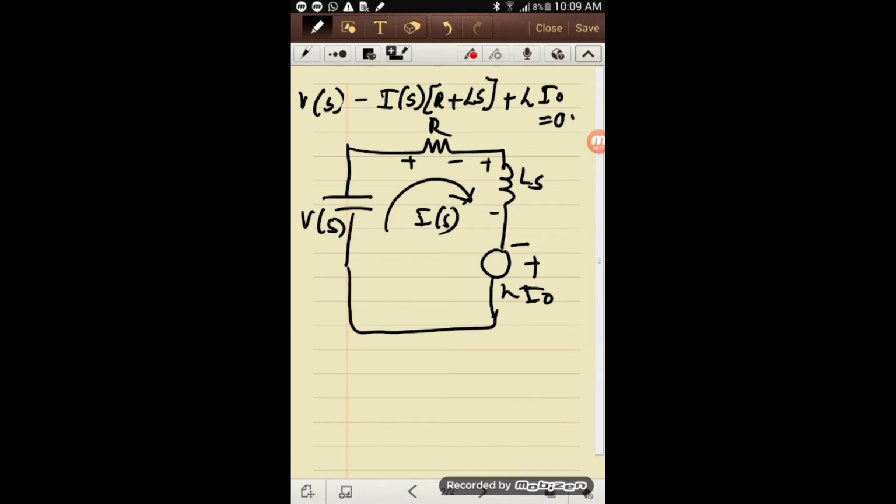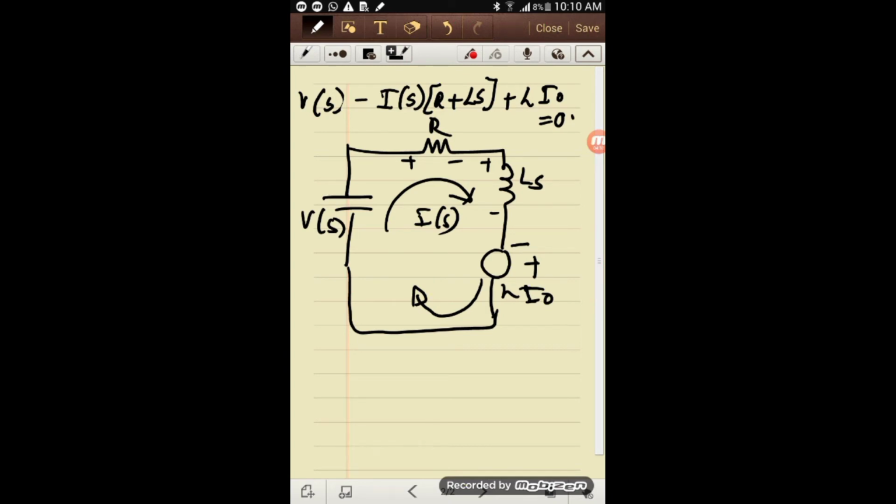So what is the polarity of Li0? The polarity of Li0 is such that it will drive the current in the same direction as that of I0. How I0 was flowing, in the same direction Li0 will tend to drive a current. The voltage source Li0 will drive a current in the same direction as that of I0. The initial current direction, in the same direction it will act as a source sending a current, Li0. Because an inductor never wants to change its current.